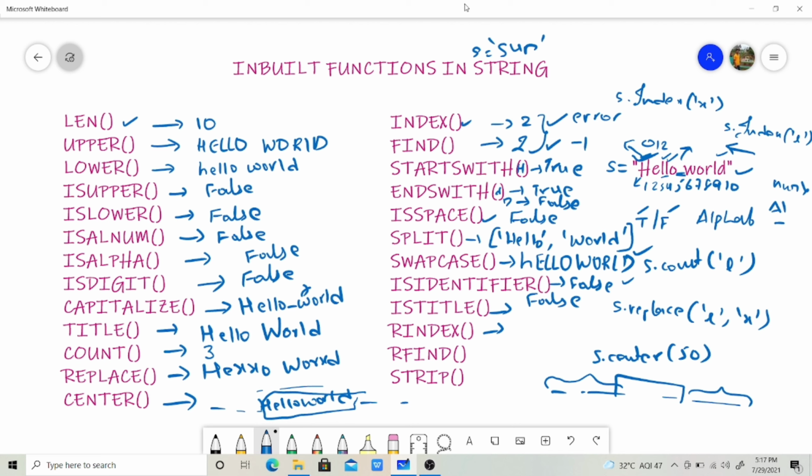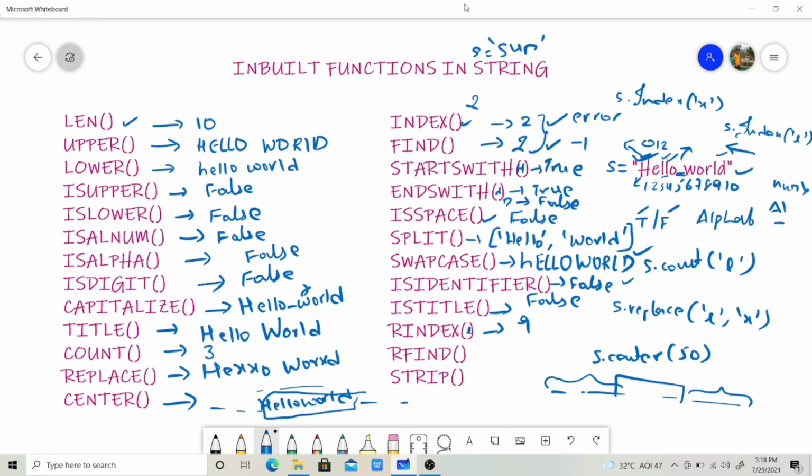For example, if you give s dot rindex of some L, it will give you from the last, it will give you the answer as 9, but index gives the value from the beginning and it will give you 2. This is the difference between normal index and rindex.